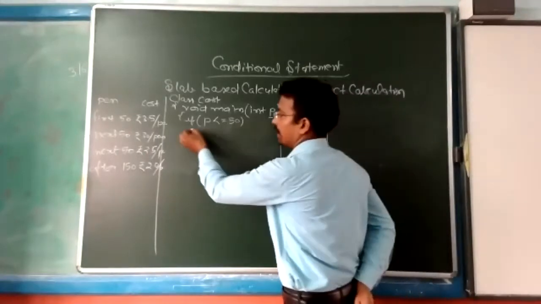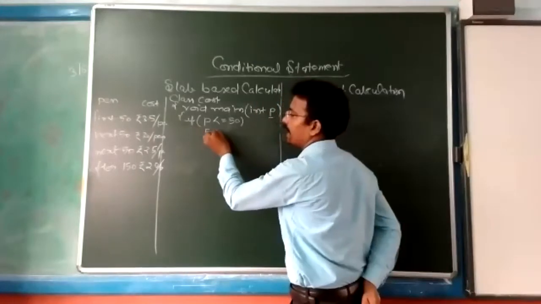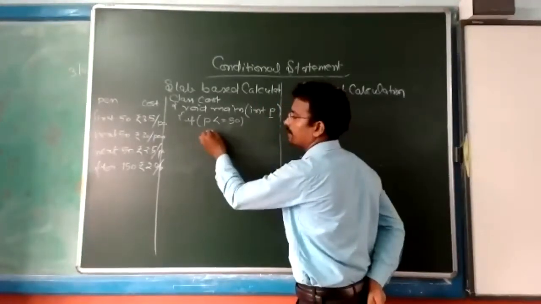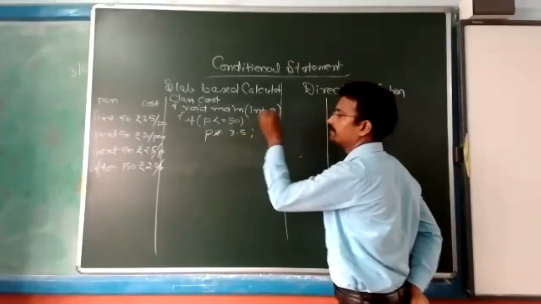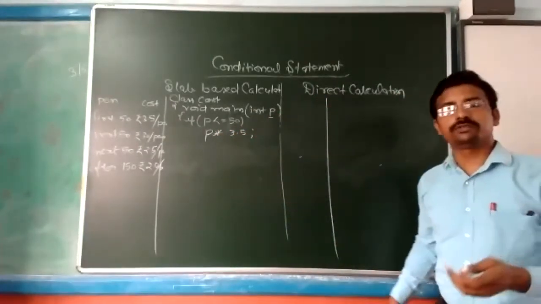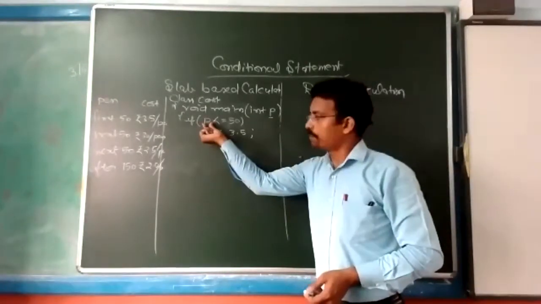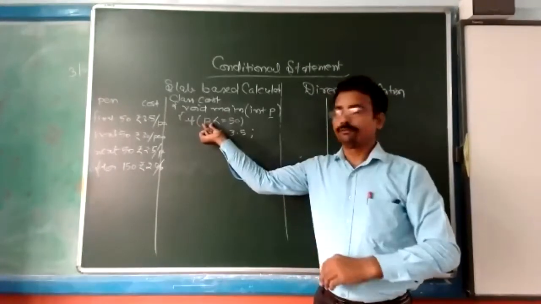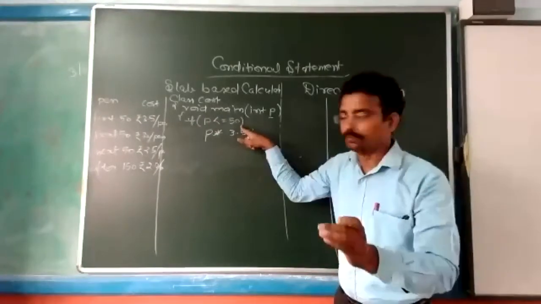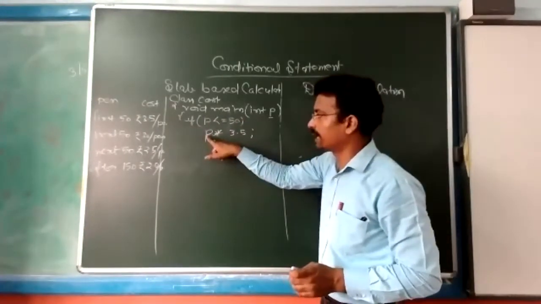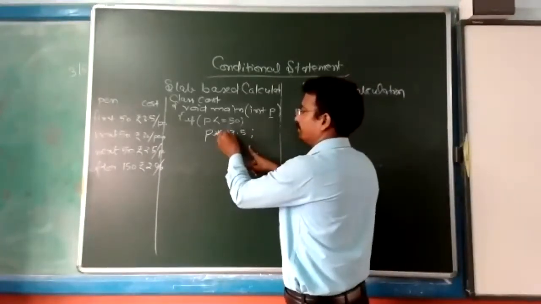So what will you do? You will call P, and you will directly multiply it with 3 rupees 50 paise. Now many students have a problem. See what mistake they make. Suppose we are taking P as 25. 25 is less than 50, condition true. That's why control will come here, and will calculate P into 3.5. Many students write this way.